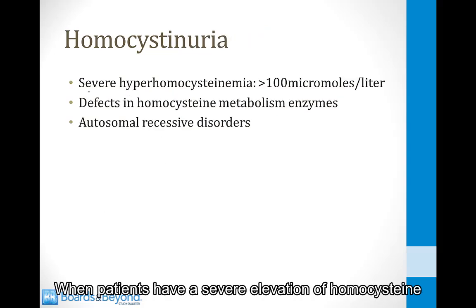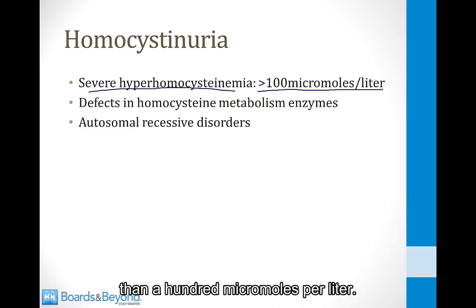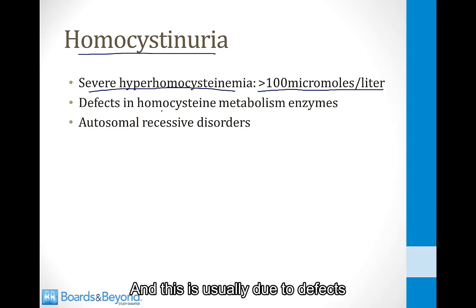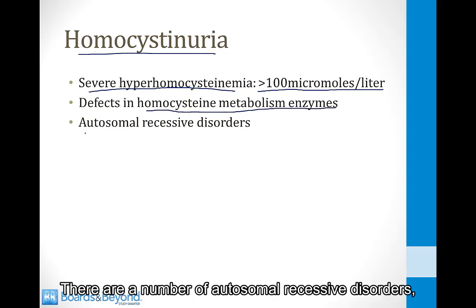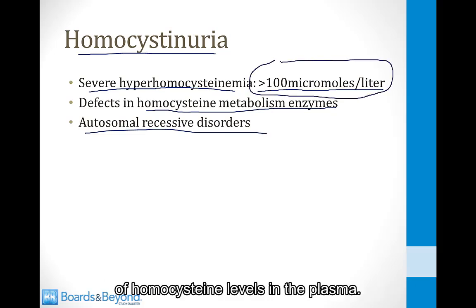When patients have a severe elevation of homocysteine, we call this severe hyperhomocystinemia. This is usually an elevation to greater than 100 micromoles per liter. This is often called homocystinuria because the homocysteine appears in the urine, and this is usually due to defects in one of the homocysteine metabolism enzymes. There are a number of autosomal recessive disorders which can lead to these very high elevations of homocysteine levels in